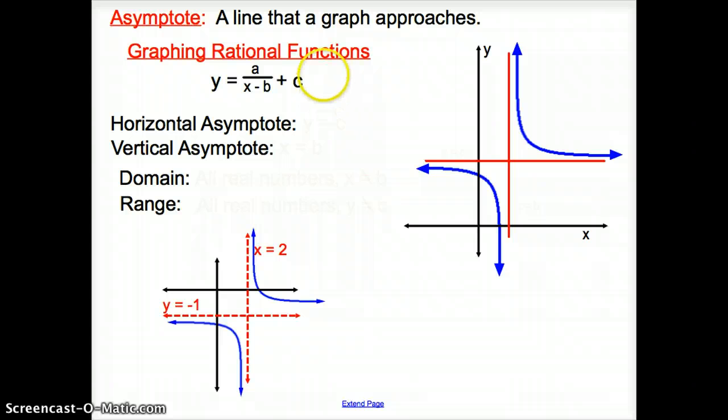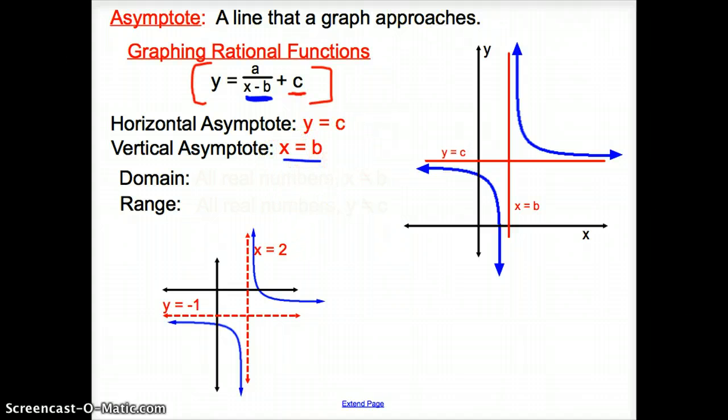Graphing rational functions. This is the equation for rational functions right there. It looks like this with numbers put into it. The horizontal asymptote, ladies and gentlemen, will be the c. So the horizontal asymptote will be this c right here. Whatever is added outside the fraction is going to be the horizontal asymptote. The vertical asymptote is whatever is underneath the fraction. So remember, when we set this equal to 0 and solve for it,